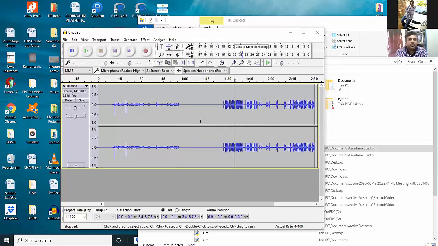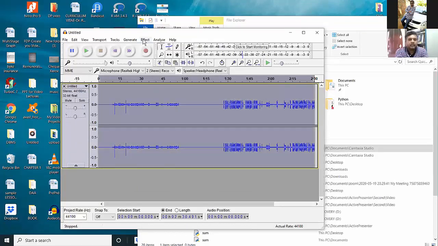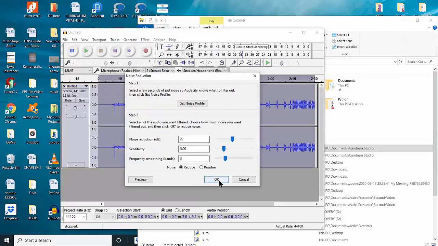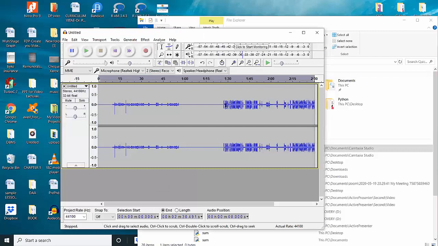But before applying this, I'll select everything, and again I'll apply noise reduction. Now see, earlier the spikes were a little bit more with noise. Now the spikes are a little bit less. So in this way, I can do any kind of editing if it is possible with Audacity.